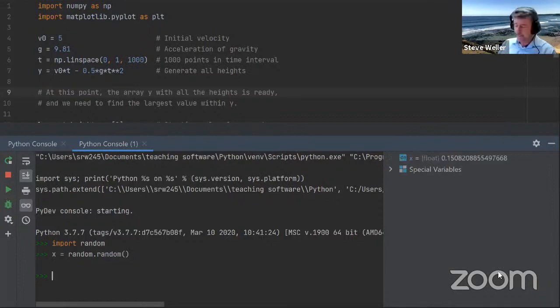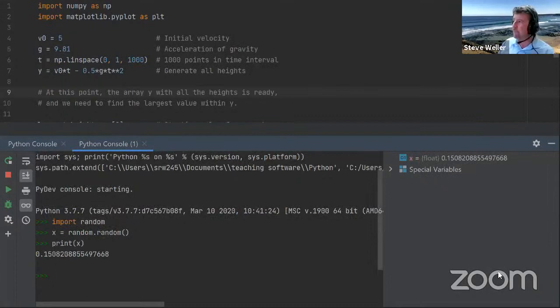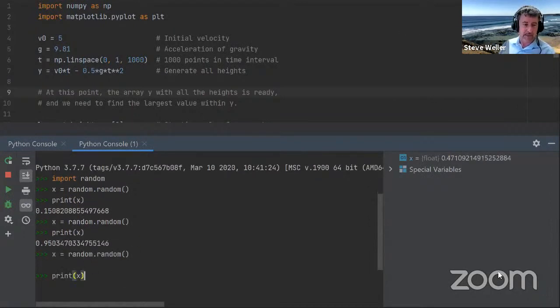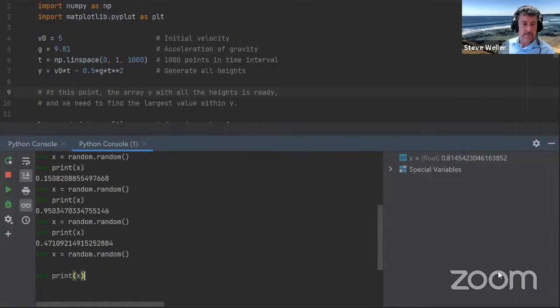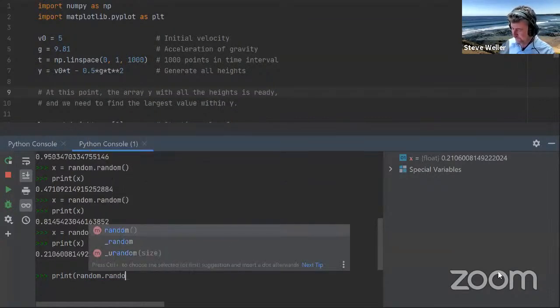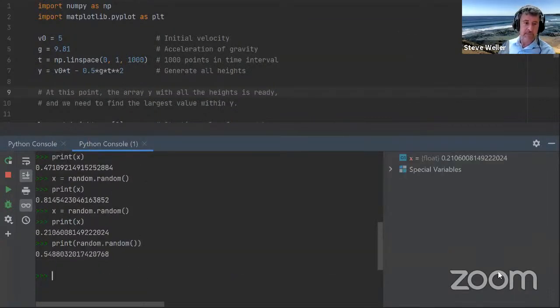So if we generate X in this way and print the value of X, now we get a random number that's chosen in the range 0 to 1. Generate another one, print it, we get a number also in the range 0 to 1. So I'm just drawing successive values and printing them. Let me do it in this way, so I can just do one up arrow.